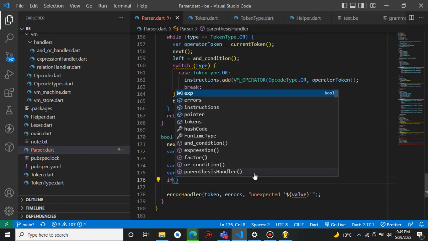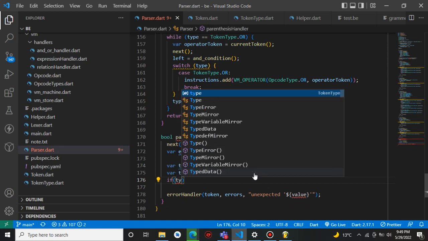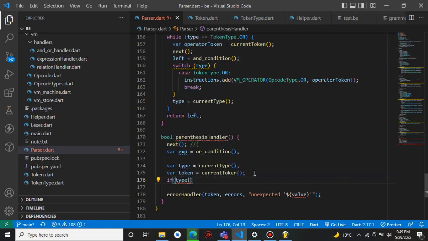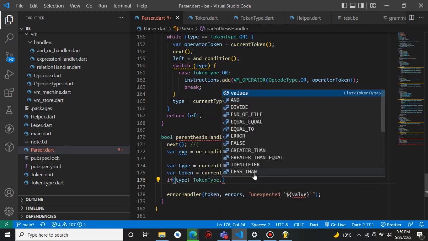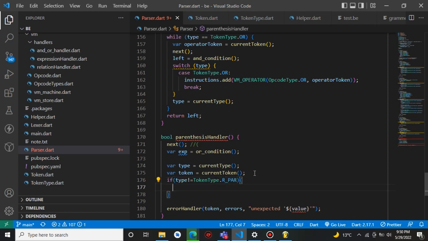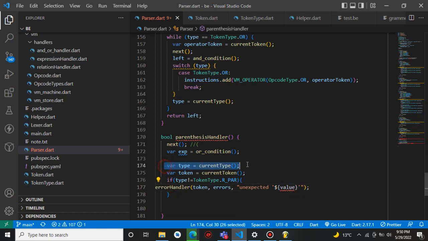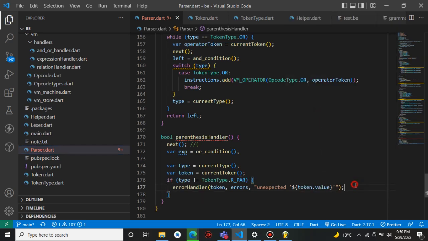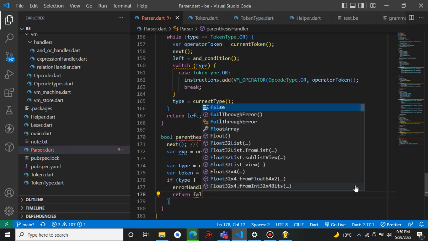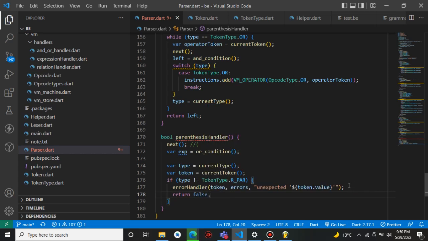If type not equals to token type dot r, if it's not equal to a closing parenthesis, and then I can get the value from here, and then we return false. Hence you have an error,